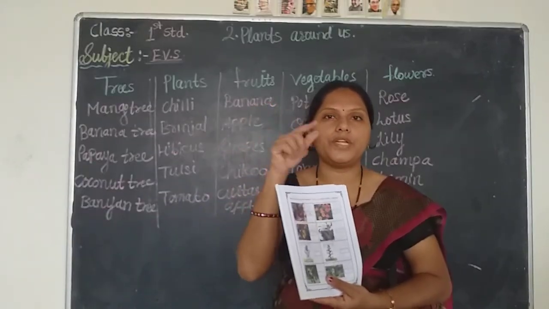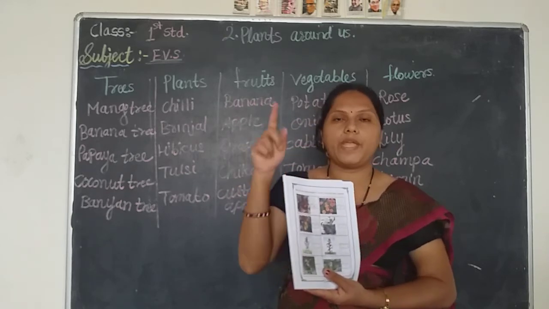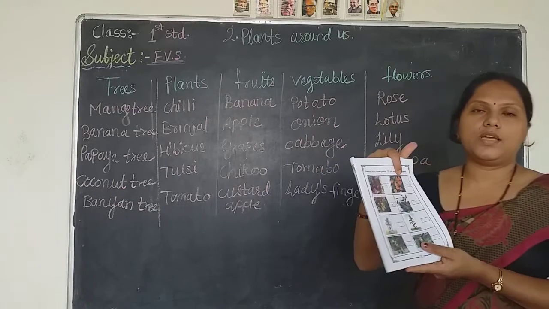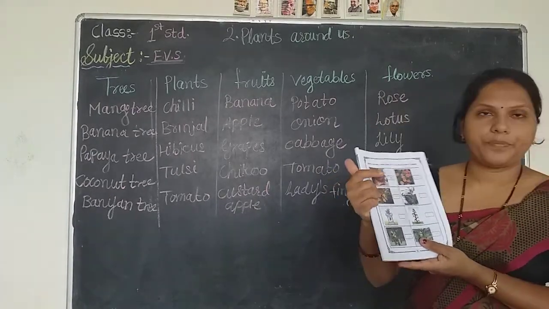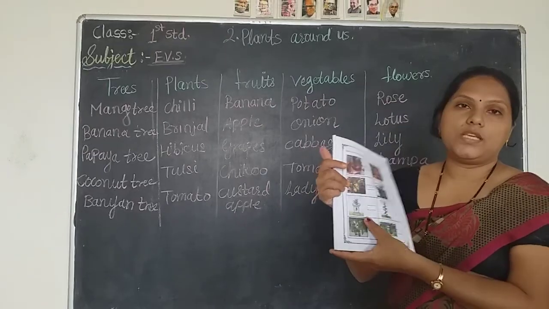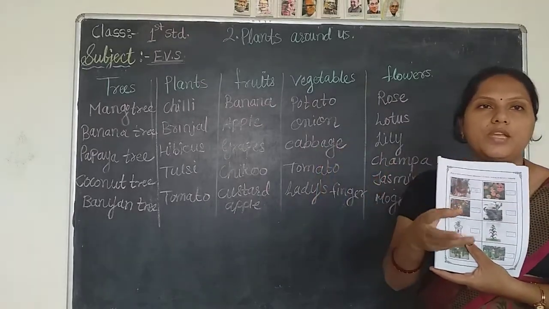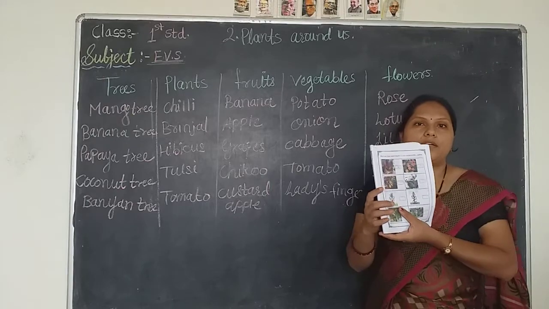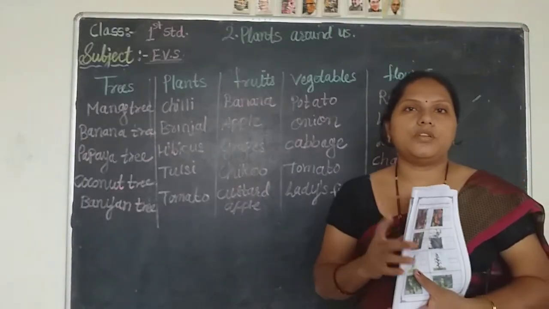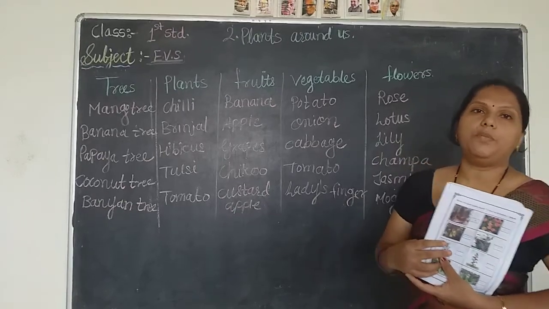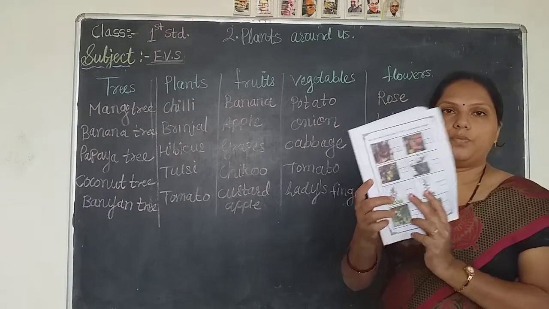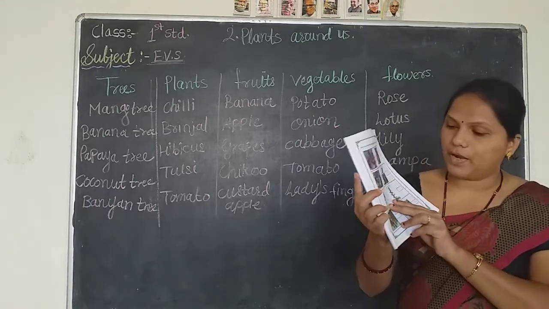If you have not seen it, make a cross mark. If you have seen it, make a right mark. These are the marigold flowers. Have you seen them? Yes. Make a right mark. Peach. Next one, lady's finger plant. Tulsi. I think everyone's house has a Tulsi plant. Tulsi gives us oxygen, which all human beings need.